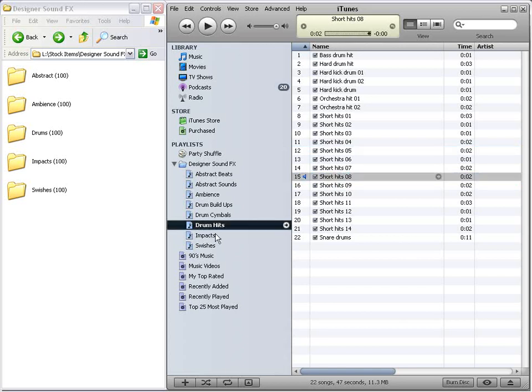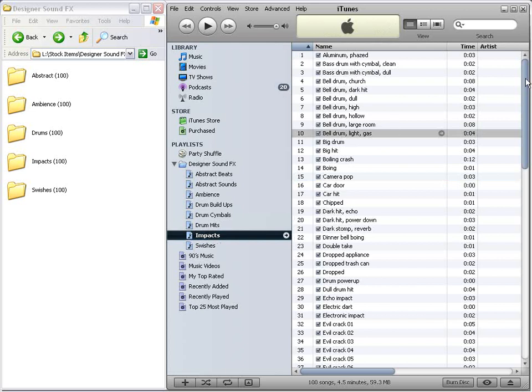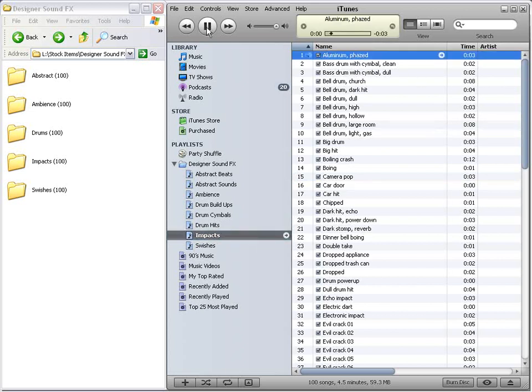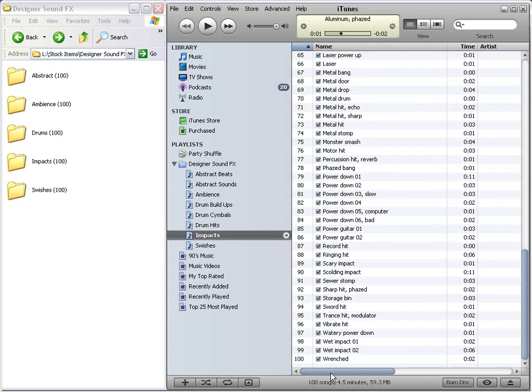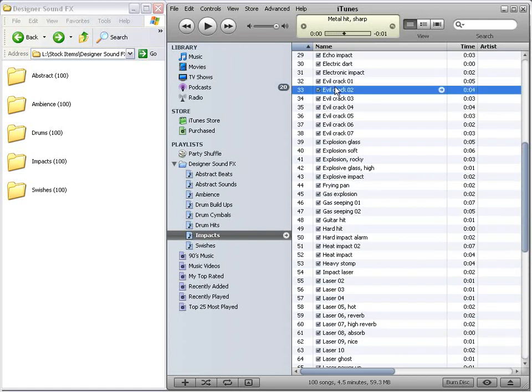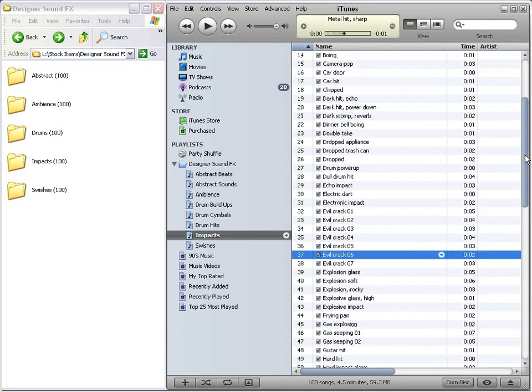Anyway. Impacts. What could this be? Well, cool. These are gonna be your just average crazy hard-hitting sounds. Use them for whatever you want. I think you know what these are for, right? Oh, these are cool. Evil crack. These are kind of like those